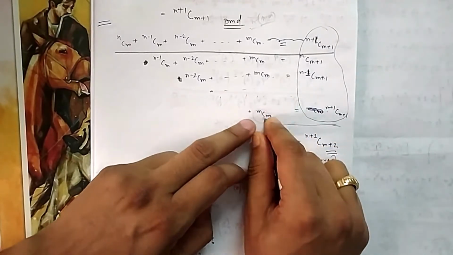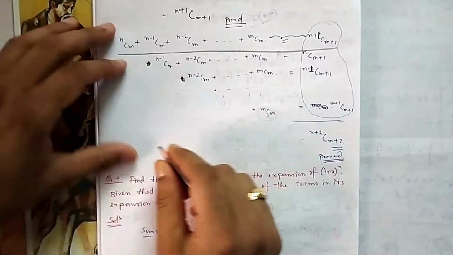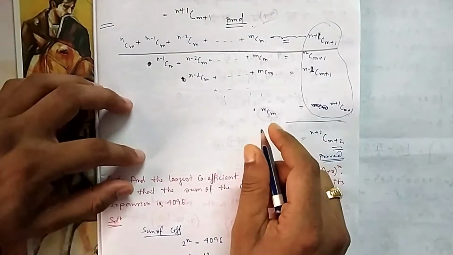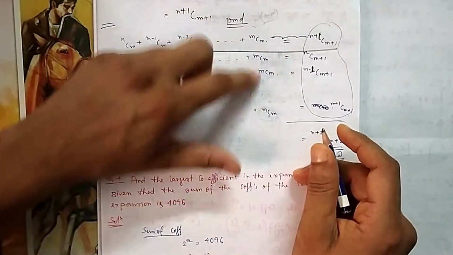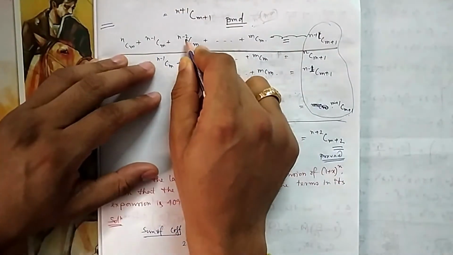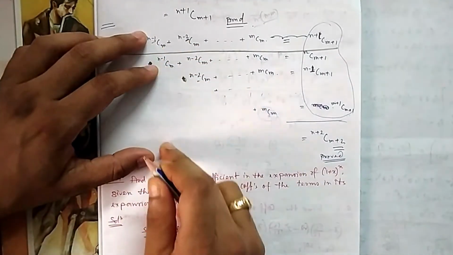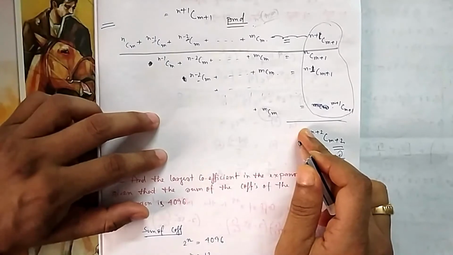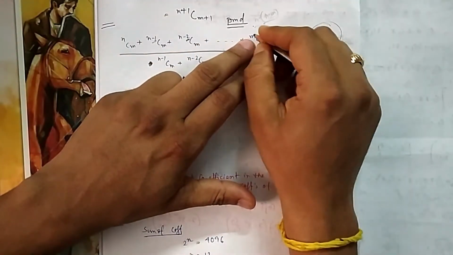These two are the same, you know, mCm and m plus 1 Cm plus 1, from where we started the derivation. Now what happened, due to which if I add this, it will be 1 time, it will be 2 times, it will be 3 times, and you can see how many times, because it is 2, so you are adding 3, it is 1, so you are adding 2. Sum, n minus 1, you are adding how many times? 2 times. n minus 2, you are adding how many times? 3 times.